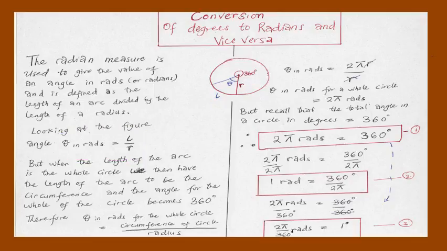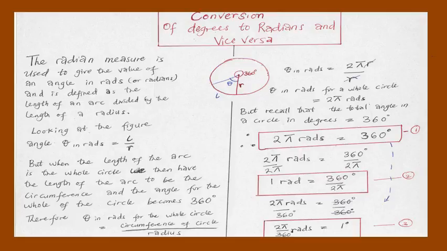Now, let's assume that the length of the arc concerned is the whole circle. You know that when you're dealing with the whole circle, that arc is called the circumference. So when the length of the arc is the whole circle, we have the length of the arc to be the circumference of the circle, and the angle for the whole circle becomes 360 degrees. So the total angle at a point in the circle is 360 degrees. So therefore,